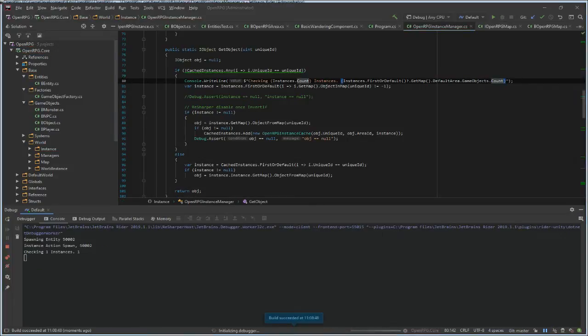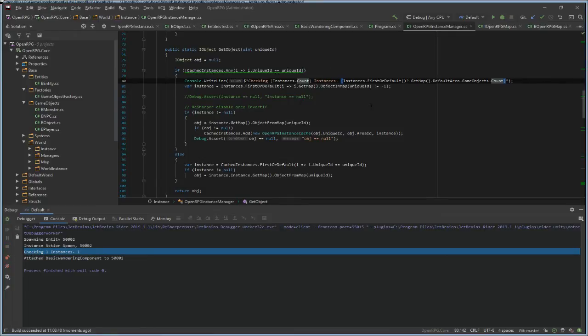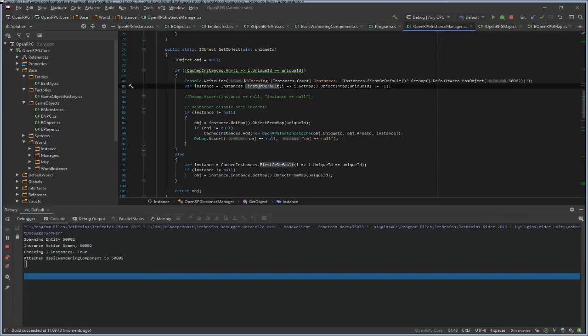Could this work? So instance is there and the object is there. What's causing it to return null? Default area has object. So the object is in this area. So why is this null?